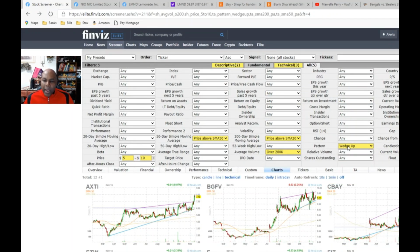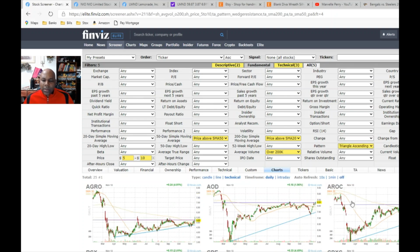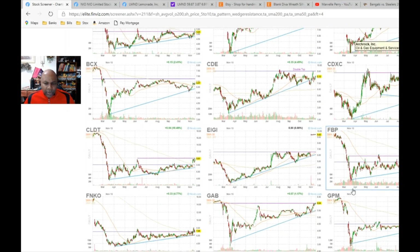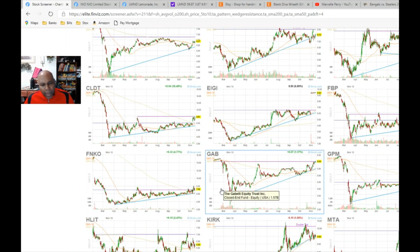So now we're going to go back to the pattern tab and change it away from wedge up to the other formations that we're going to talk about. The second one, triangle ascending. Now that triangle ascending, I'm looking, the same thing, you're going to eyeball it and see what looks good just from seeing it. Now right here, I can tell you right off the bat,